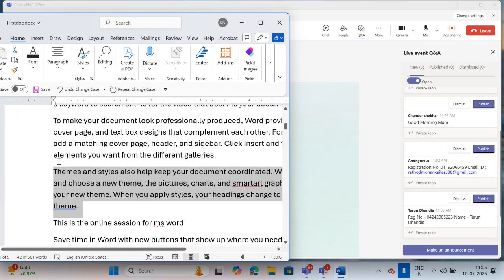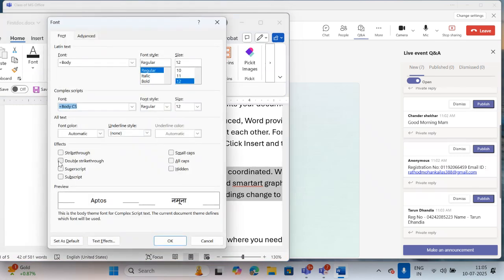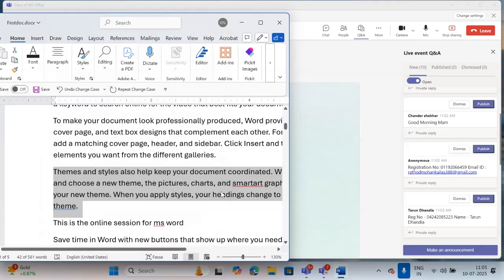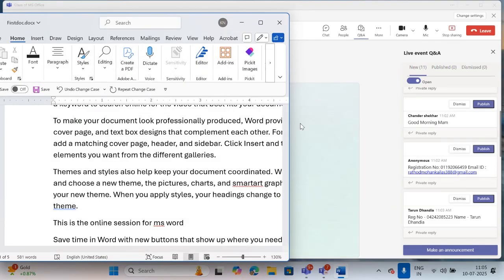Now, there is one shortcut key to open the font window. Control D. Control D is a shortcut key to open the font window. Here is the font dialog and all the options are here: strike through, superscript, subscript, small caps, all caps and hidden. Now, this is important, hidden. Suppose while taking the printout,